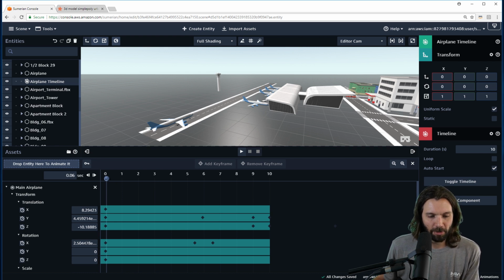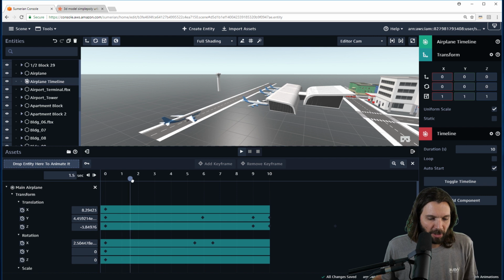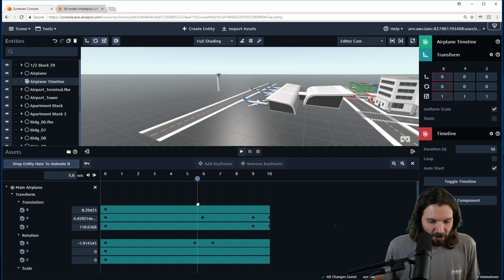Let's look at rotation right now. I have it locked in. The only thing I'm really rotating it is around the x-axis. So I'm just lifting it up. So that's why you only see keyframes there. So let's see. It's about a rotation of 2.5, not much. And then here it's 2.5 again. But as we start moving, it goes from 2.5